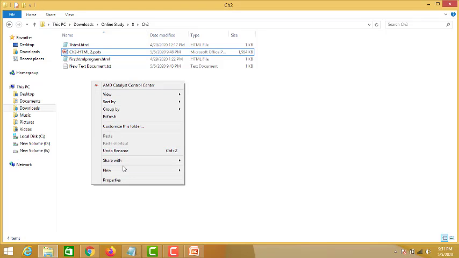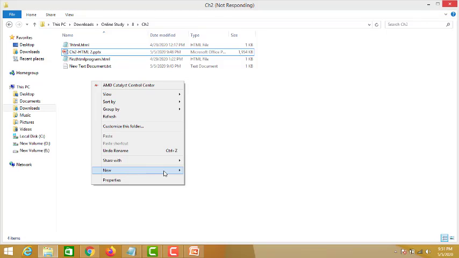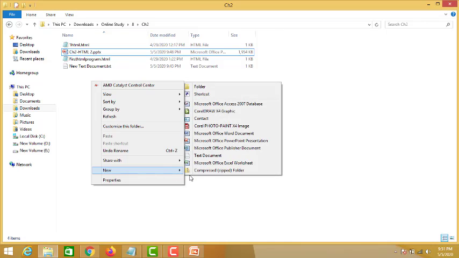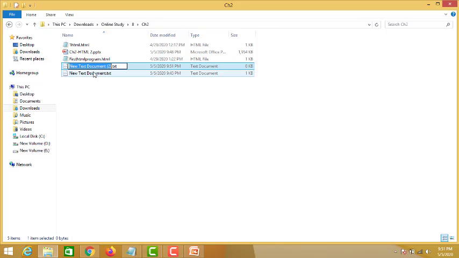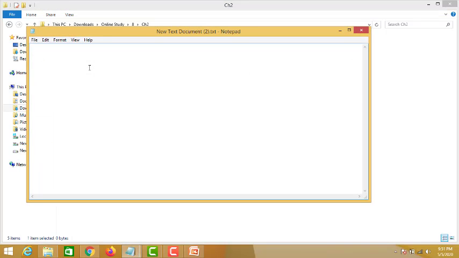Here I'll take a new text document where we type the HTML program, where we start with the HTML tag. I'll type the whole program and I'll get back to you.